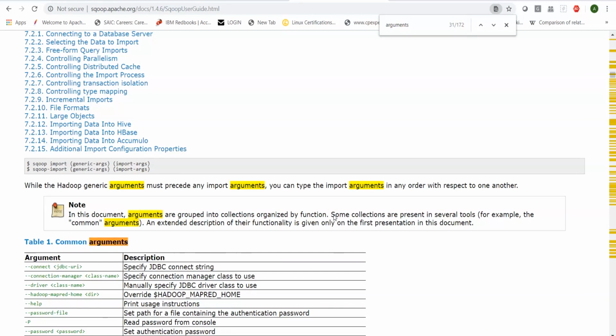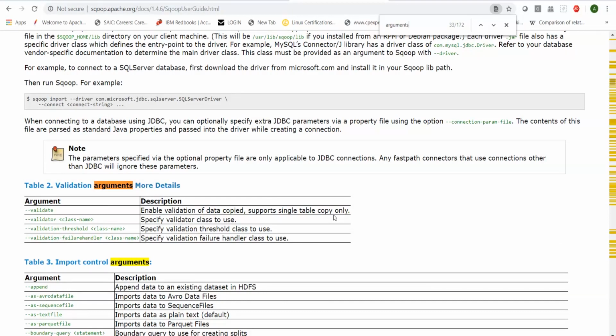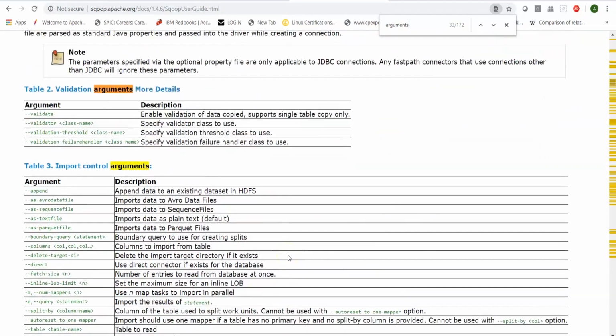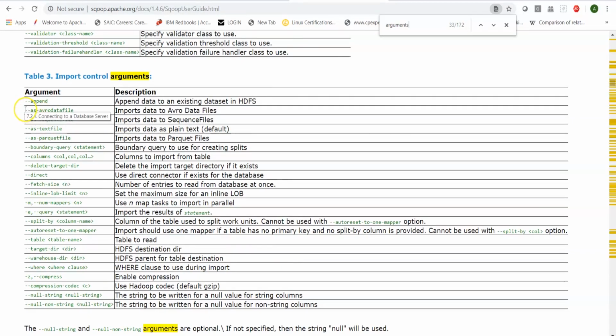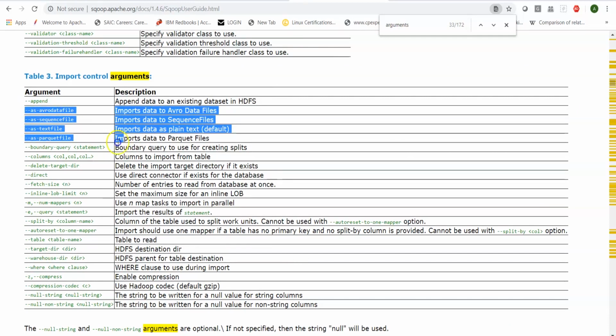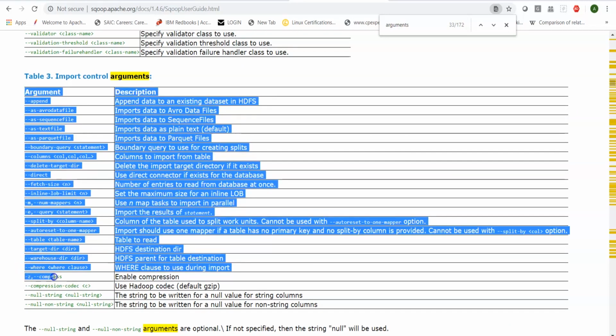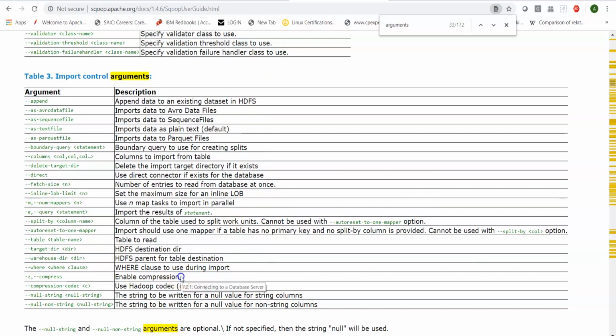Here we have common arguments, and then you also have import control arguments, wherein we have different options like getting data as Avro, as sequence file, as text file, or Parquet file. These are different formats. You can also get data in the default compression scheme, that is gzip, or you can specify a compression codec.